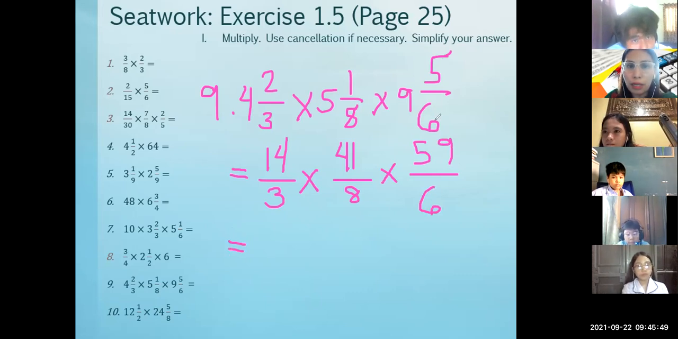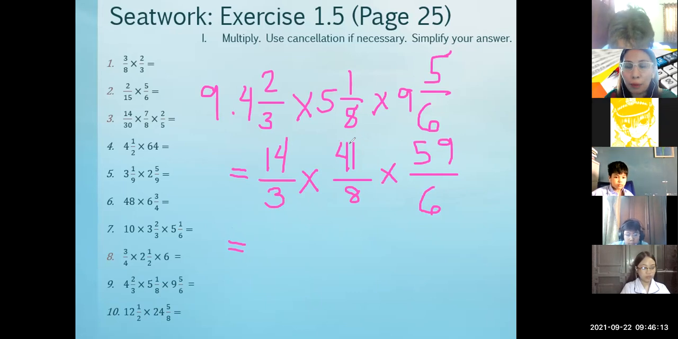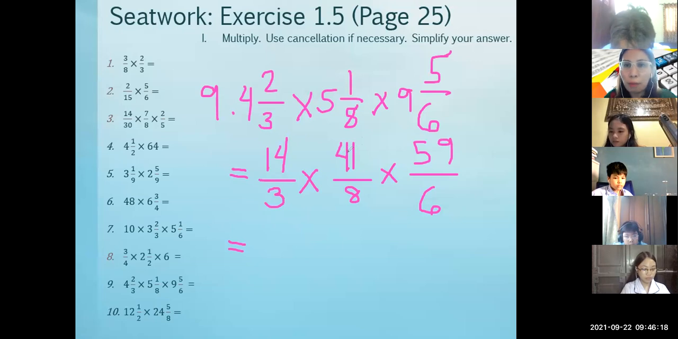Then let's check numbers. If there are numbers to be reduced, 3 and 59, we cannot simplify 3 and 59. 59 here should be 60, di ba? Pero we cannot simplify 3 and 59. How about 41? 41, again, it is a prime number. 41 is a prime number. So we cannot simplify 3 and 41. And so with 6 and 41,